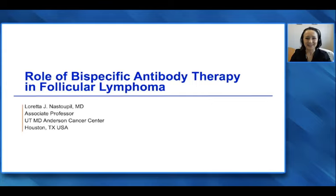So I illustrate all these cases because they're real life cases, but also painting a picture for where you might consider a bispecific antibody. And so first off, what is a bispecific antibody therapy? Well, this is essentially a therapy that engages tumor antigen and circulating T cells. What we'll be discussing today target CD20 and CD3. We don't know the exact mechanism of action, but essentially we think by engaging the malignant B cell and activating T cells that are in close proximity,